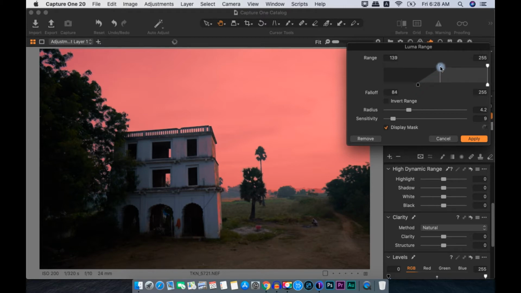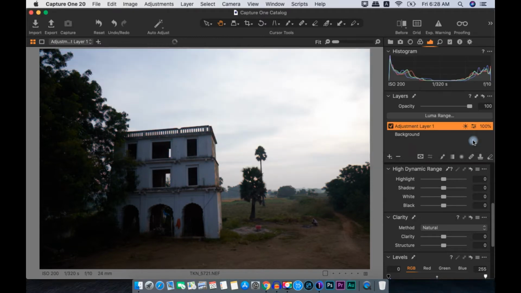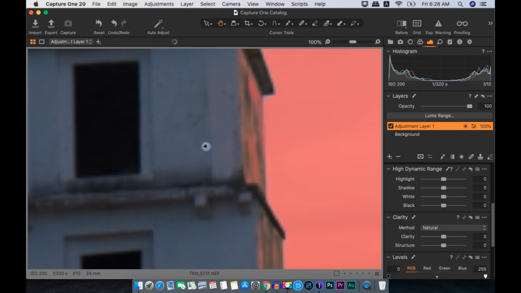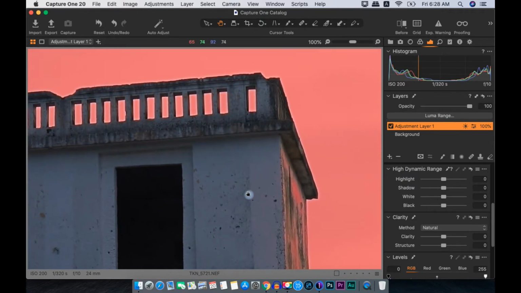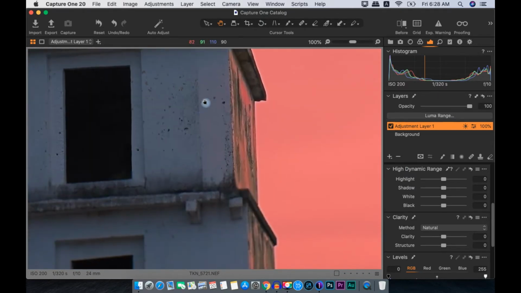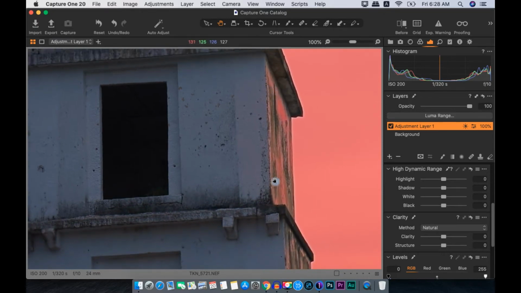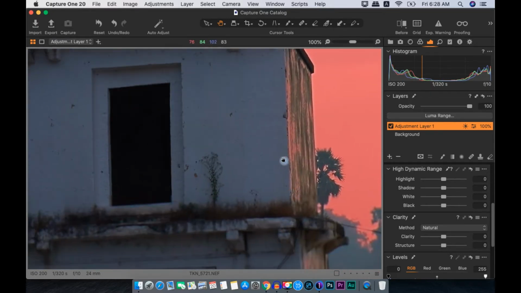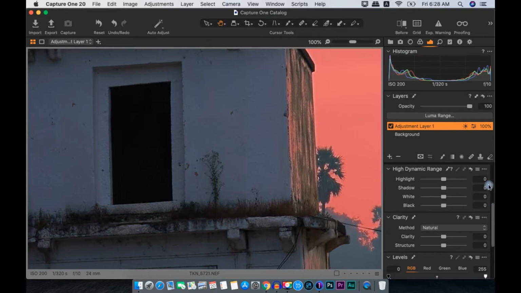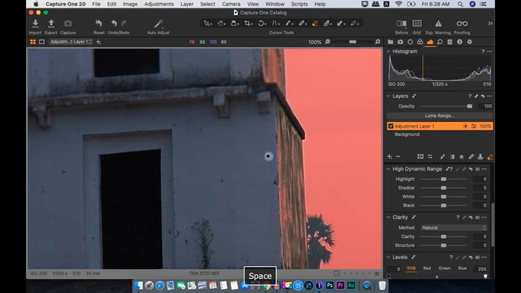Let's remove some more dark pixels. So that's done. If you hit M on your keyboard, it will show the mask. Let's zoom in to the image a little bit. As you can see, it has done a nice selection, but still this area has a bit of selection as well. To remove that, it's very simple. Just take the eraser tool, make the brush size a little bigger, and just remove the selection from this area.